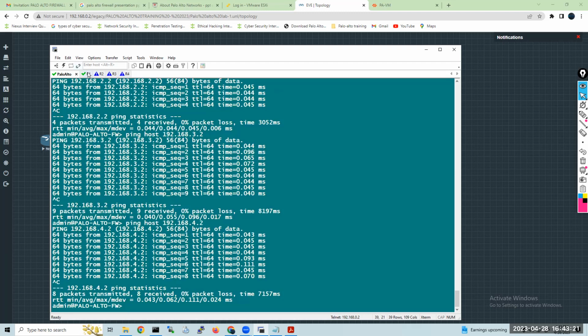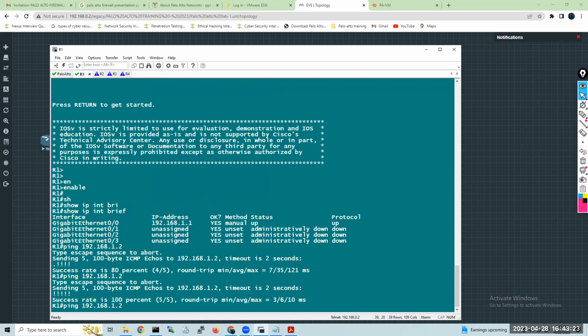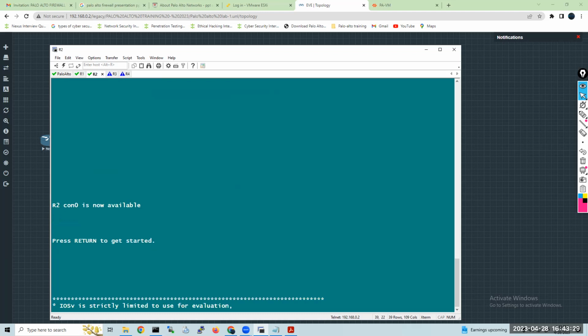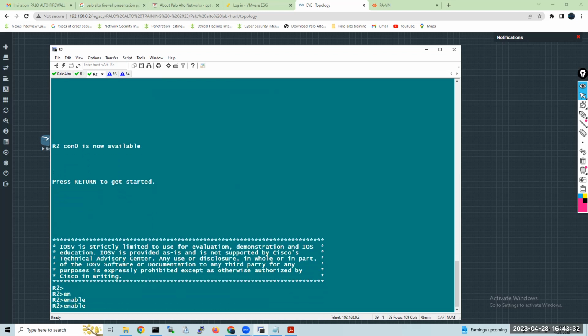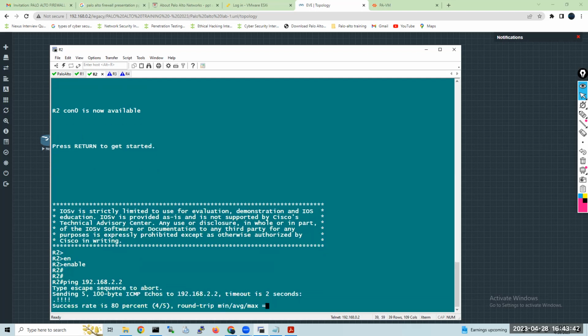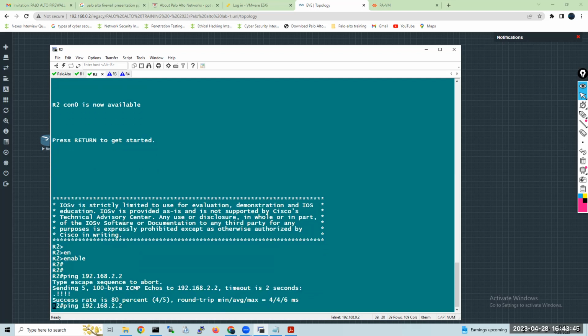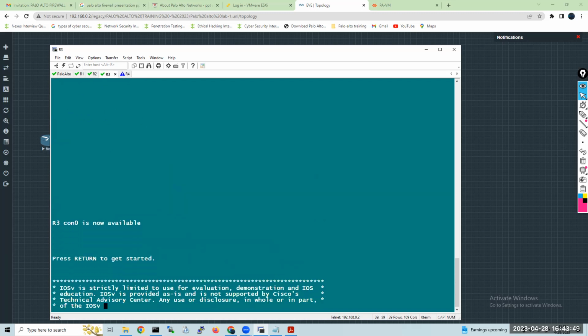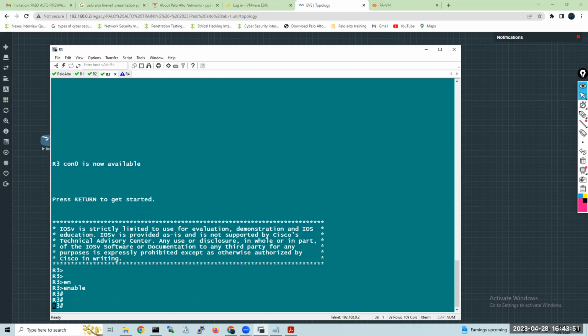So from my firewall pinging, what about R2? Enable. Ping 192.168.2.2. Yes, I can ping. Now you check from R3. Enable.